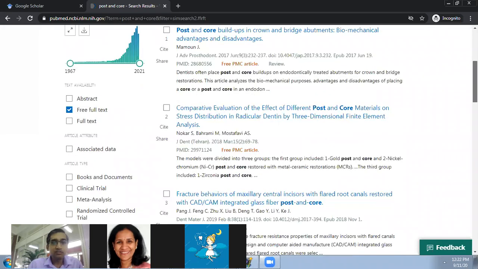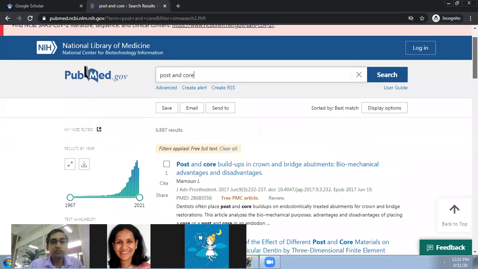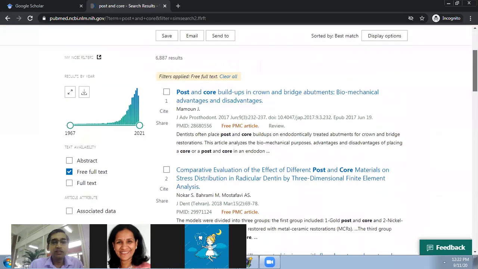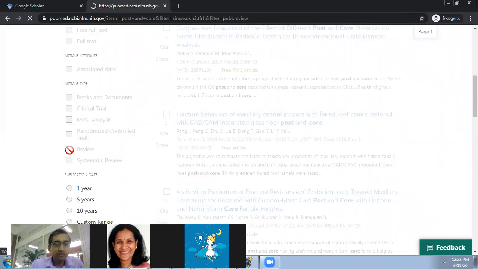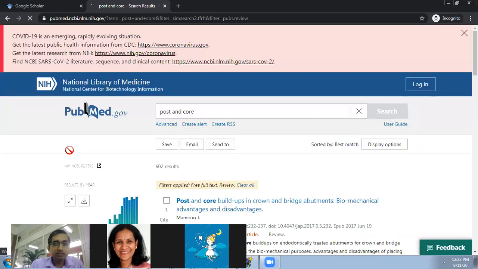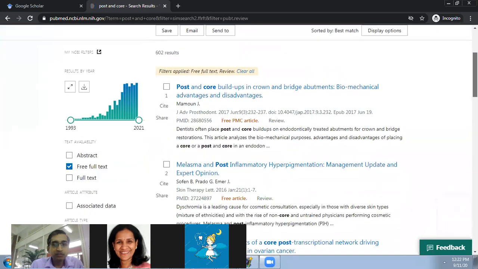You could further increase this filter. For example, you are searching for this topic of post and core, let us say as a library dissertation topic. I just want to read in general about this topic. Then you probably would click on review. Now I have clicked on review in article type. Now I have 602 reviews. All of them are on post and core. You can see the first one, post and core buildup,